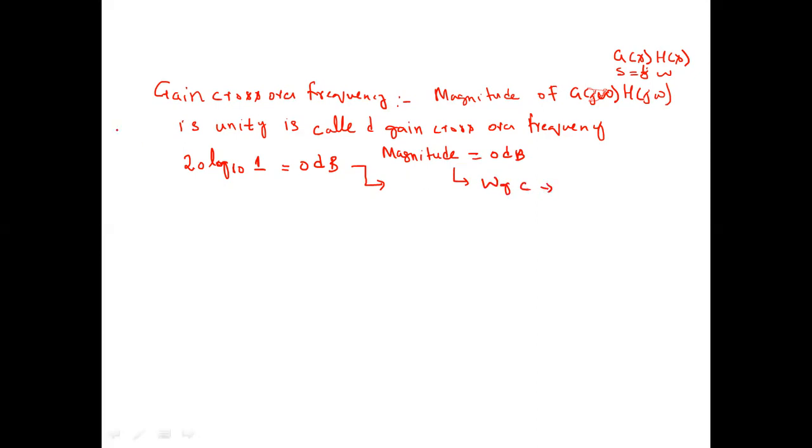And the second term, which is very important, is the phase crossover frequency. So what do you mean by phase crossover frequency? This is represented by ω_pc. We can say that the frequency at which the phase angle of G(jω)H(jω) is minus 180 degrees